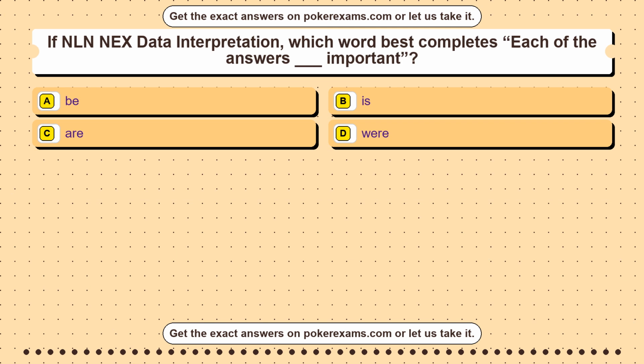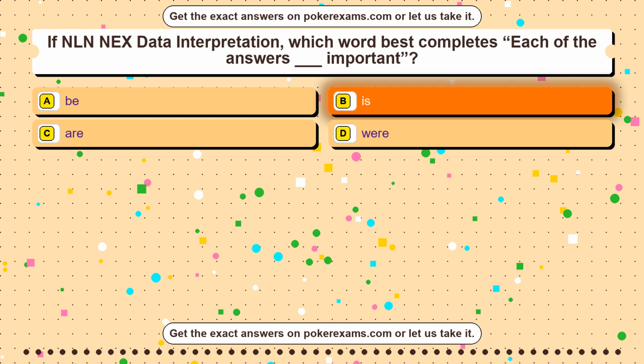Question 40. In NLN NEX Data Interpretation, which word best completes the sentence: Each blank important? Option A, be. Option B, is. Option C, are. Option D, were. The correct answer is option B,